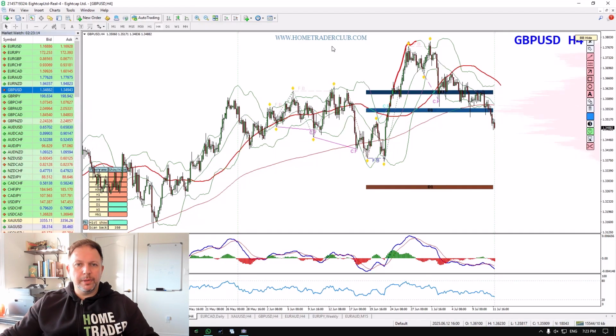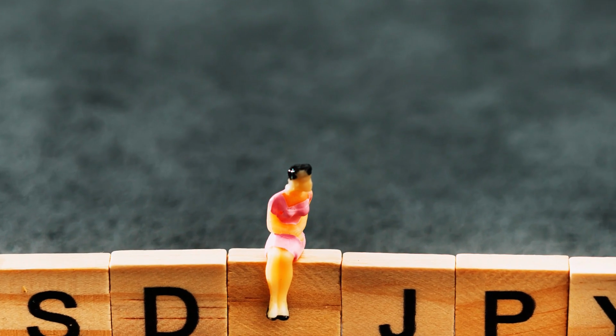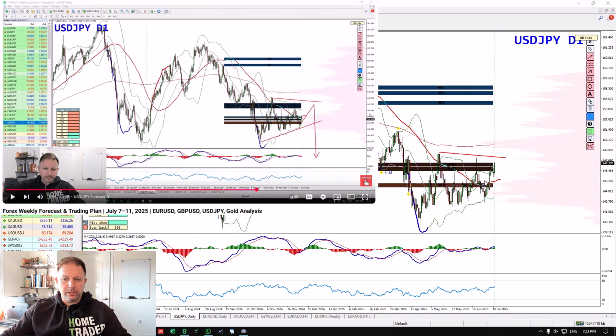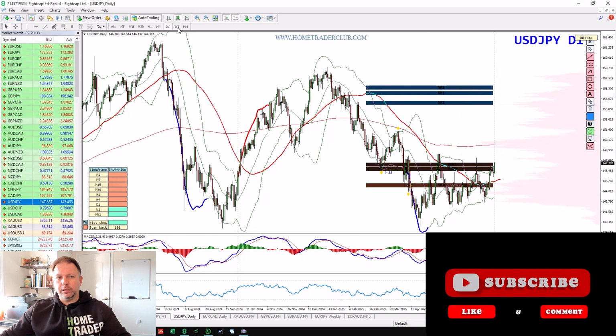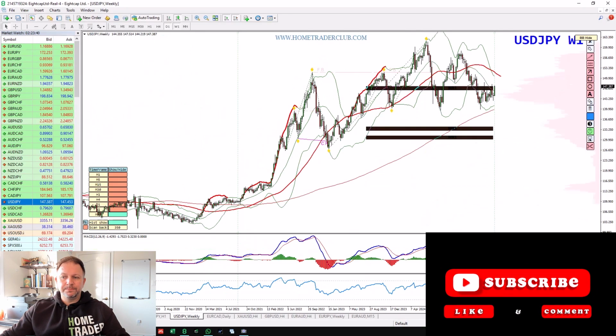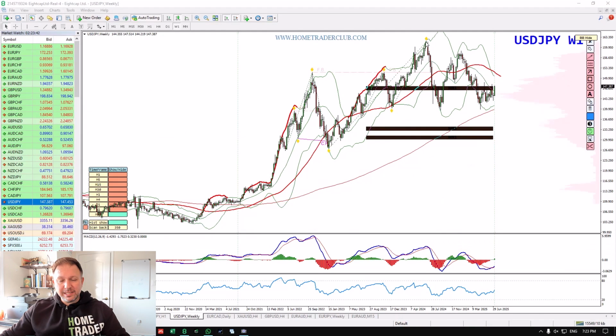We are in a bearish momentum, sell the rallies. Dollar yen is our next pair. Last week we were talking about a potential ranging scenario here before the sell, but here is a but. While I do expect sell for the long term, on a short term there is a possibility we are moving